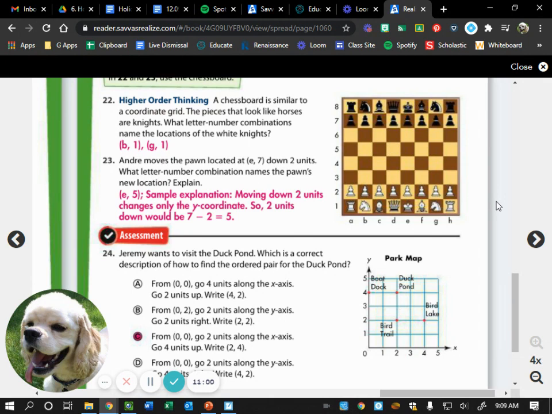Chanel, are you done with 22? Awesome. Do we need to look at anything else? All right. Nice job with correcting homework. Open up to the next clean page in your math